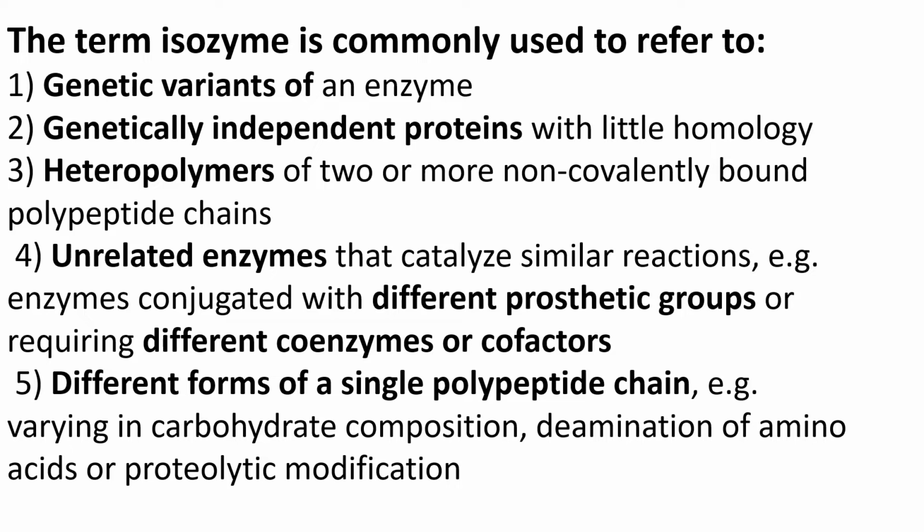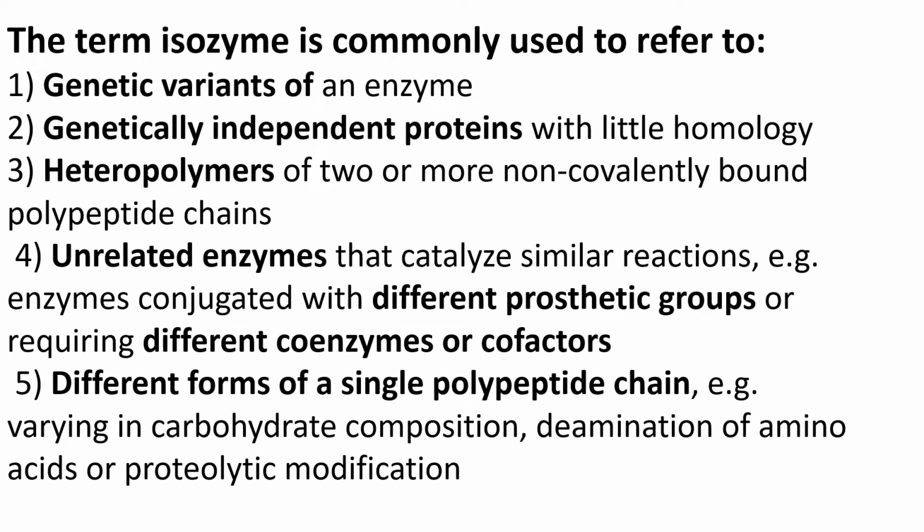The only thing which is common in these isoenzymes is that they catalyze the same type of reactions. In some cases they are structurally the same, but you know that a holoenzyme is that enzyme which requires a coenzyme and cofactor for its enzymatic activity. So they differ in their requirement of their prosthetic group or coenzymes. Now what is a coenzyme?